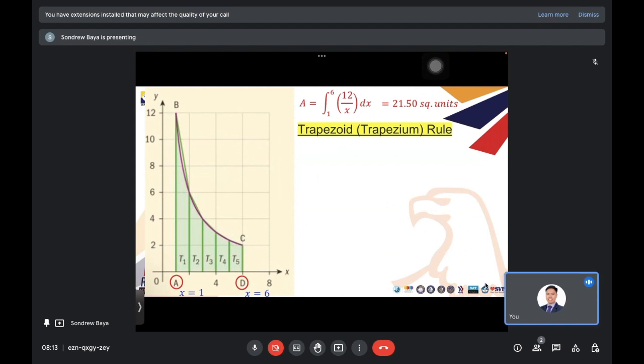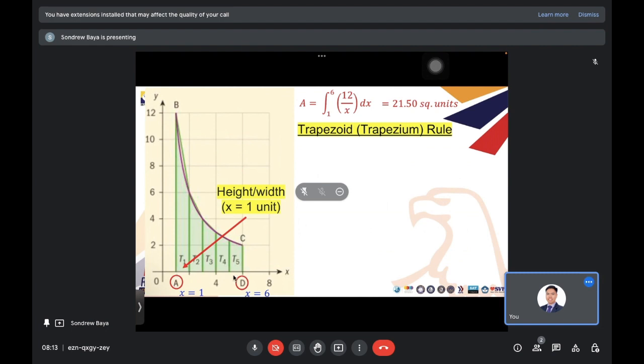So if you try to look at it, the trapezium rule for this is divided into 5 different trapezoids. Before we use the trapezium rule, by the way, let's first find some of the things that we need. Here, this is the width, which is just equal to 1 unit. Okay? And what if there is no graph? To find the width, it's the same as finding how wide this is,